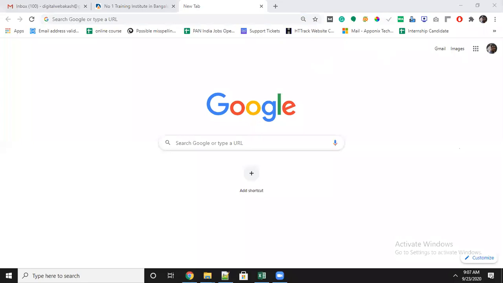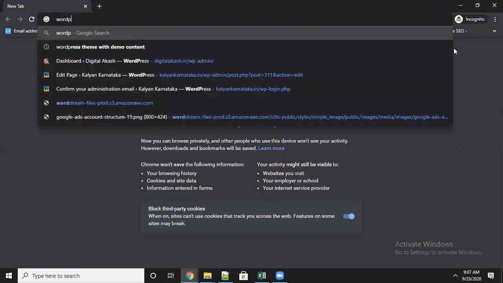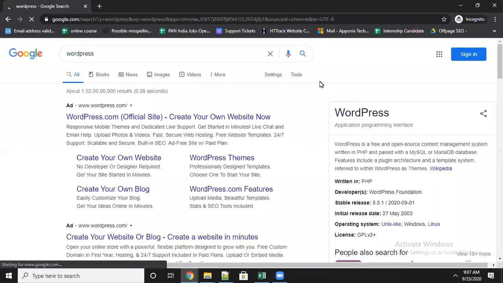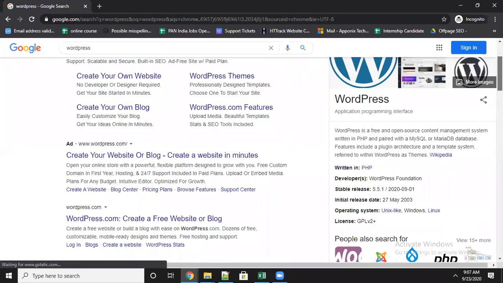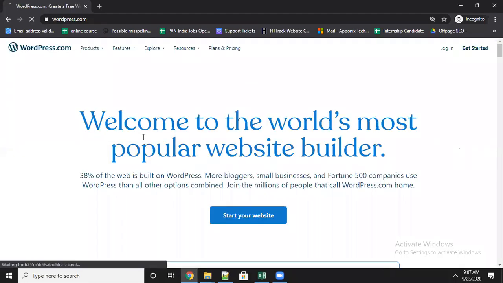We have to use WordPress for designing purposes now. You have to go for a WordPress site. WordPress is a CMS, which stands for Content Management System. Here you don't need any technical skills like writing HTML code, CSS, or JavaScript. You can directly create your own free blog here.